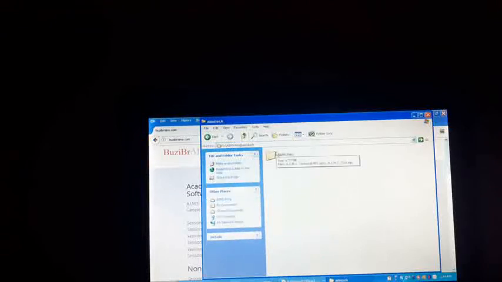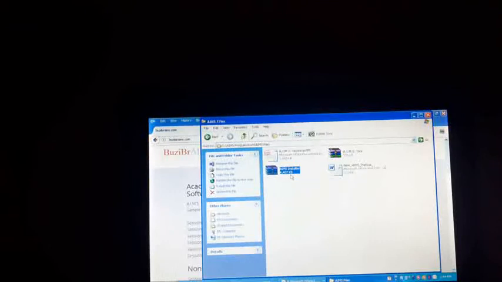Then you will find the AIMS file folder again. If you open this, you will find two major zip files. One is AIMS tool and one is AIMS installer. We'll move ahead with AIMS installer. So first we need to install AIMS on our system. So I'll just install AIMS. For that I just extracted this.